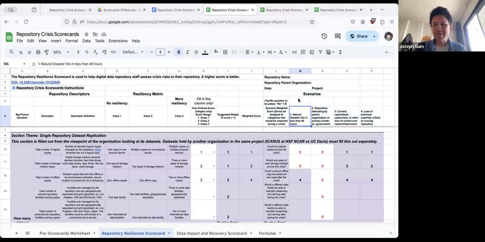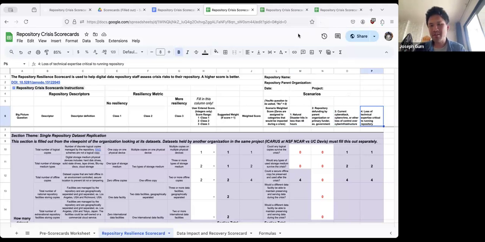That would be an example of a scenario that might happen in number 1. Scenario number 2, repository defunding by the parent organization or primary funder. Then we move on to cyber attacks, cybercrime, or generally some loss of control over cyber infrastructure. And then finally, loss of technical expertise, whether that be due to someone earning and taking a well-needed retirement, or